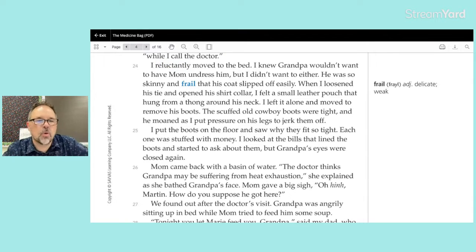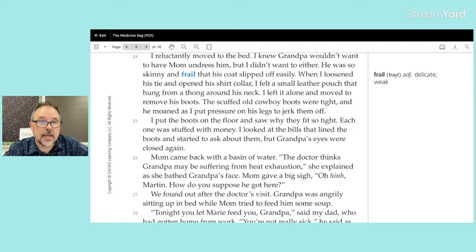I reluctantly moved to the bed. I knew Grandpa wouldn't want to have Mom undress him, but I didn't want to either. He was so skinny and frail that his coat slipped off easily. When I loosened his tie and opened his shirt collar, I felt a small leather pouch that hung from